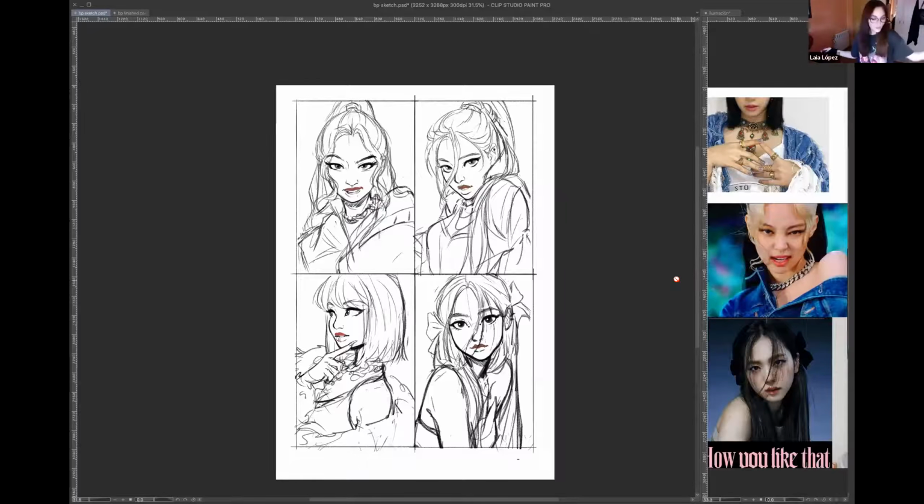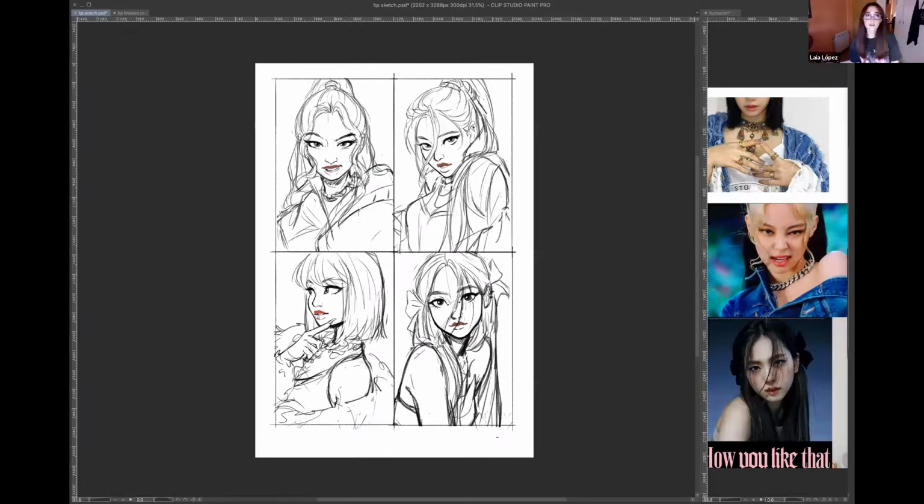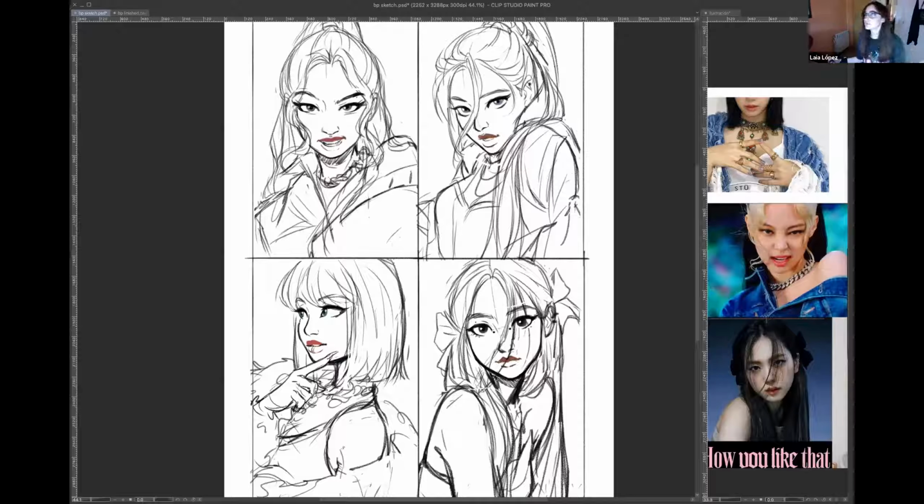So, hi, everyone. Good afternoon, good evening, wherever you are. What I'm going to do is try to explain the process and the different steps that I follow when creating an illustration. For that, I chose this drawing that I did of Blackpink, the K-pop group. I think many of you will know who they are. They recently came with a comeback, and the concept and everything was so gorgeous, the outfits and basically the aesthetic and all that stuff. I just fell in love with it.